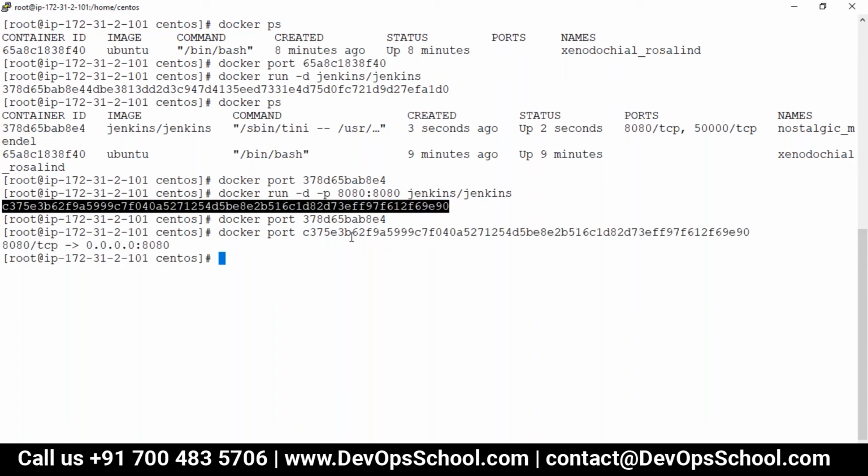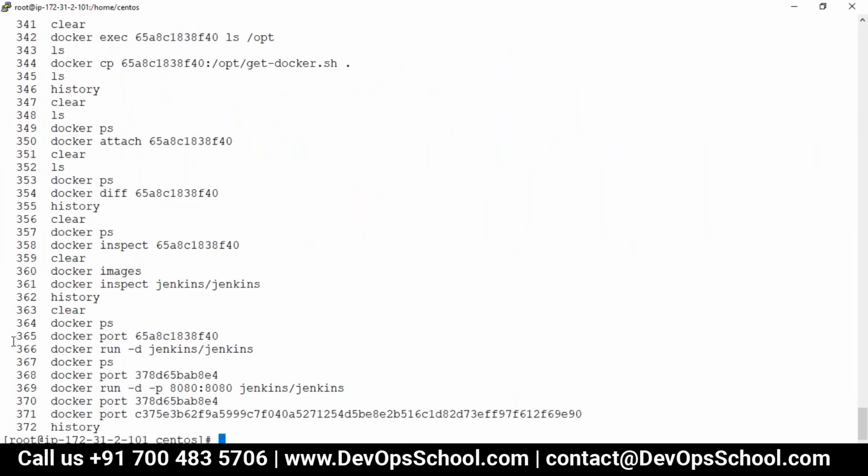See here. So now it depicts that whenever you hit port 8080 on the host machine, it will redirect to the 8080 TCP internal port of that particular container. Okay, so that is what it states. You can try the port command again and see how it helps you.